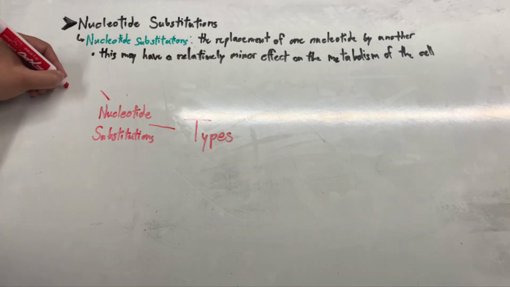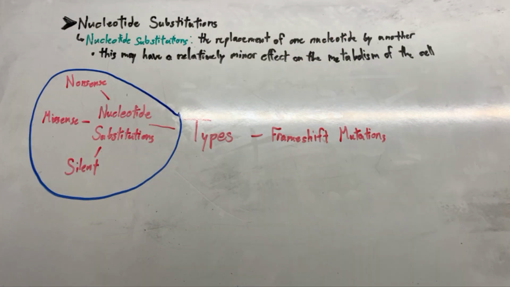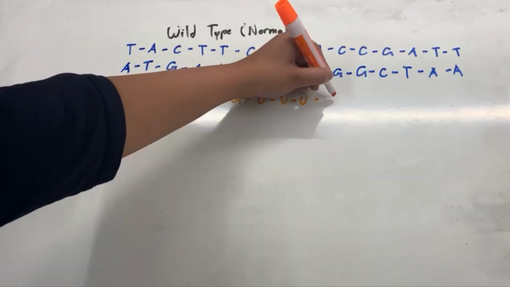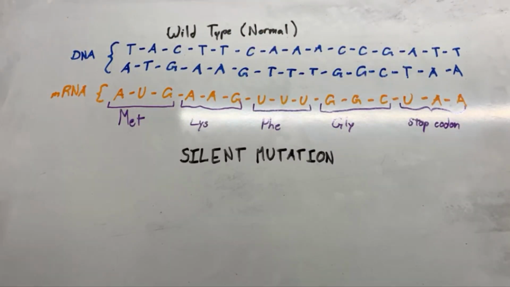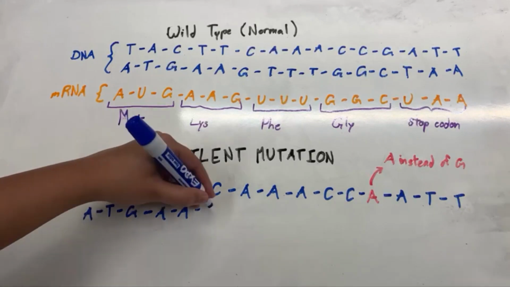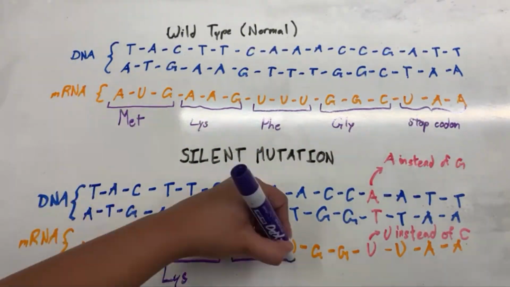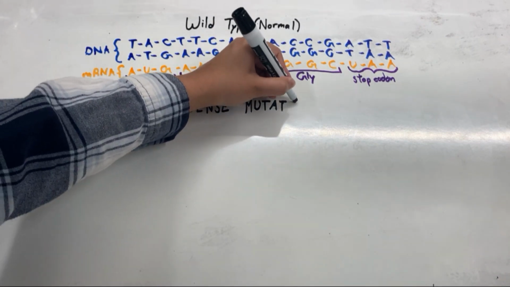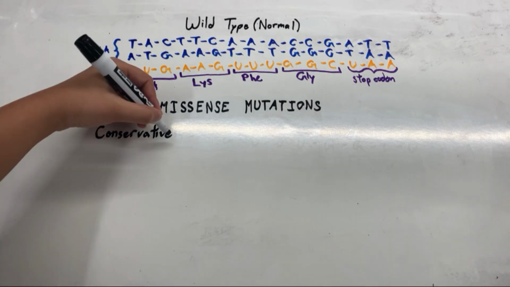They can be divided into three different types: silent, missense, and nonsense. A silent mutation is when a substitution has no effect on the encoded protein due to the redundancy of the genetic code. In other words, a change in a nucleotide pair may transform one codon into another that results in the same amino acid. Then there's missense mutations, which can be divided into two more specific categories: conservative and non-conservative